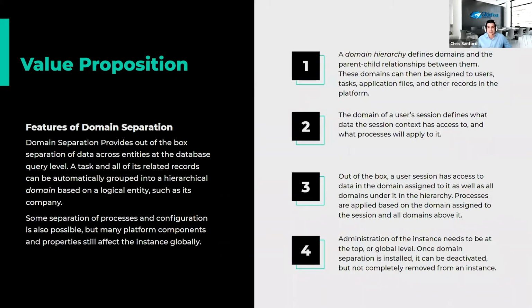Domains can be automatically assigned to data records based on business attributes, most often the company field. Once domain separation has been configured in your instance, every time a user performs an action that requires a database lookup, the query is appended with a filter based on what records the user's domain has access to. The domain separation structure is hierarchical, which allows for parent-child relationships where users in a higher domain automatically inherit visibility